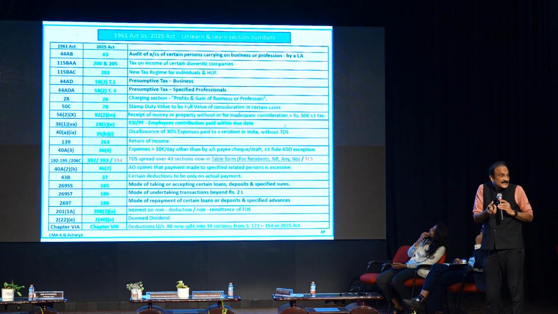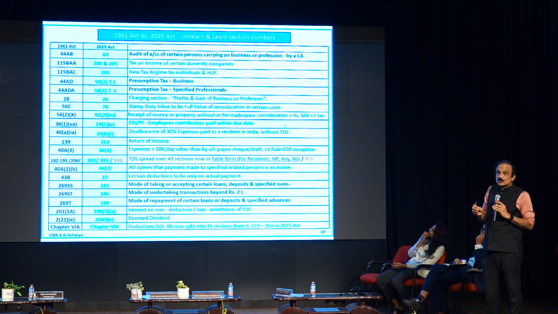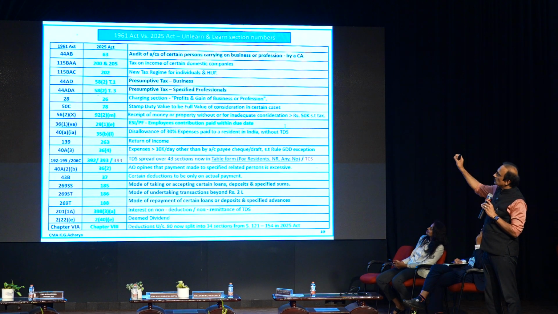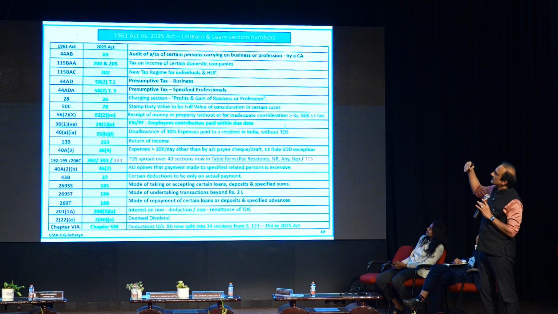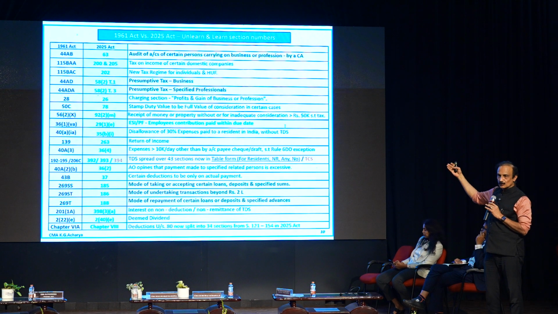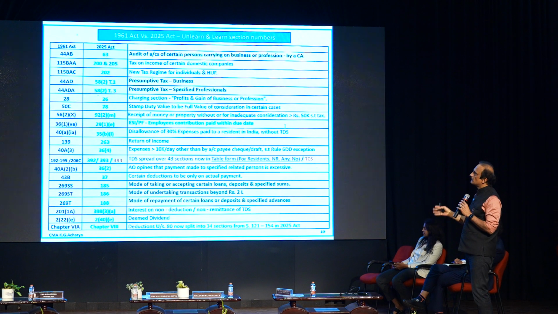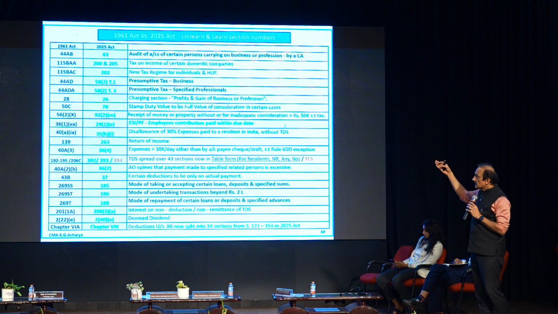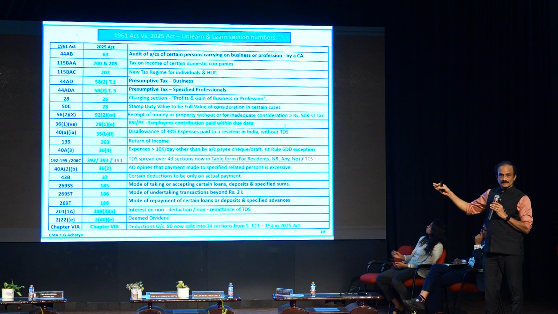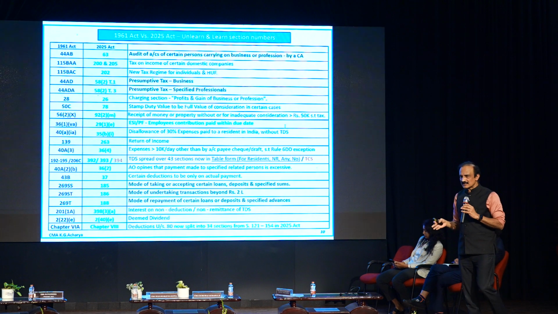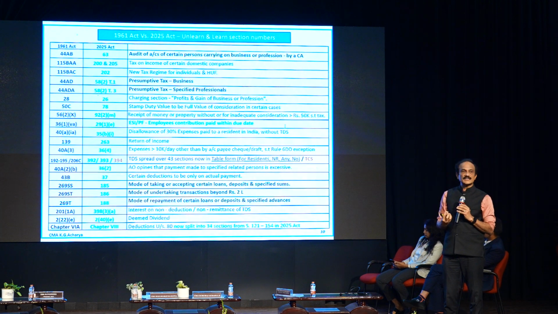Now I have coined it as 58 bracket 2 T1. This is my terminology. That is serial number 1 under table under section 58 subsection 2. So that is the simplified version. 44ADA for specified professionals, it is 58(2) table serial number 3. So like that, 269SS. You know what is 269SS? I cannot take a loan of more than 20,000 rupees in cash. If I take it, I have to pay that amount as penalty.